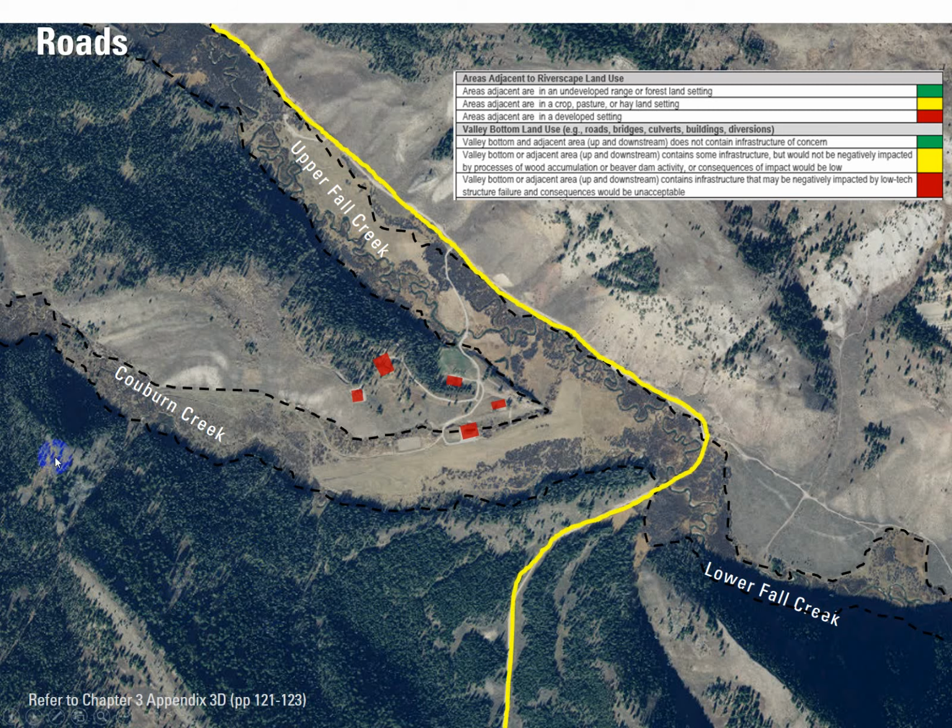Okay, so here's one main road coming in, and up here I probably could have got away with coloring it green, but all through here I colored it yellow. The reason I did that is because maybe it's right on the edge of there, so it's something I should be aware of, its proximity. And here it's coming across the valley bottom. It looks like it's built up, probably on a levee, but it seems to be a fairly well-used road, and